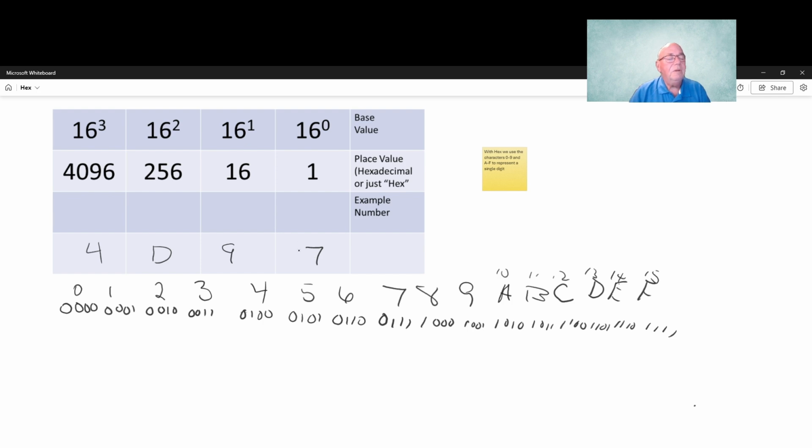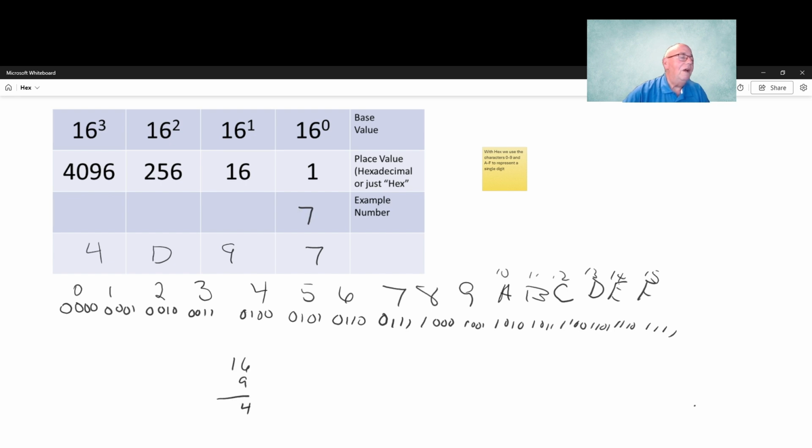We're going to start at each place, each column, and multiply times whatever the numeral happens to be. And we'll see what our final result is. So in this case, we're in the ones column, and so it's 7 times 1, so this is going to be 7. And then we have 9 times 16,